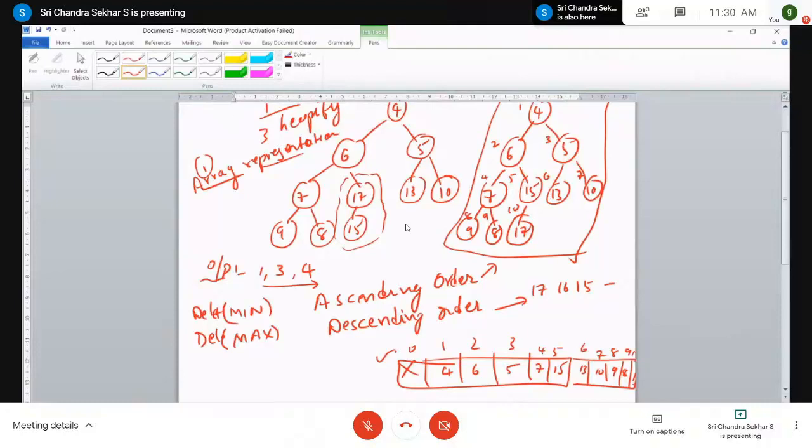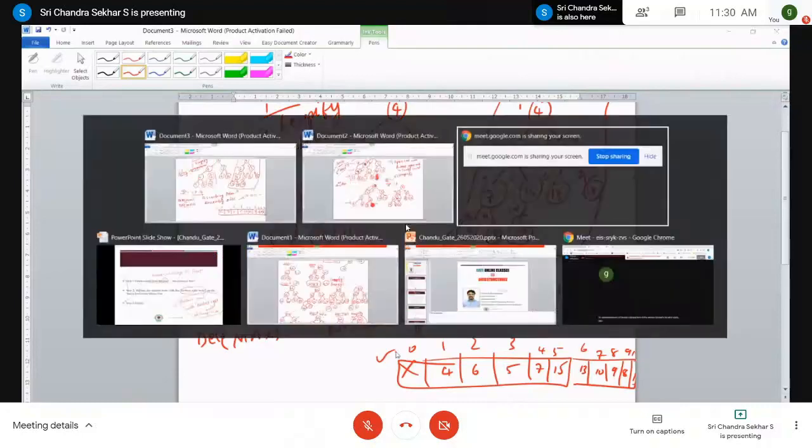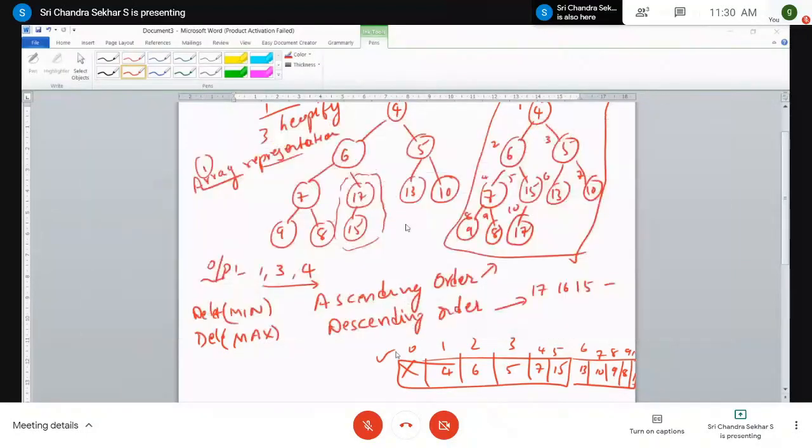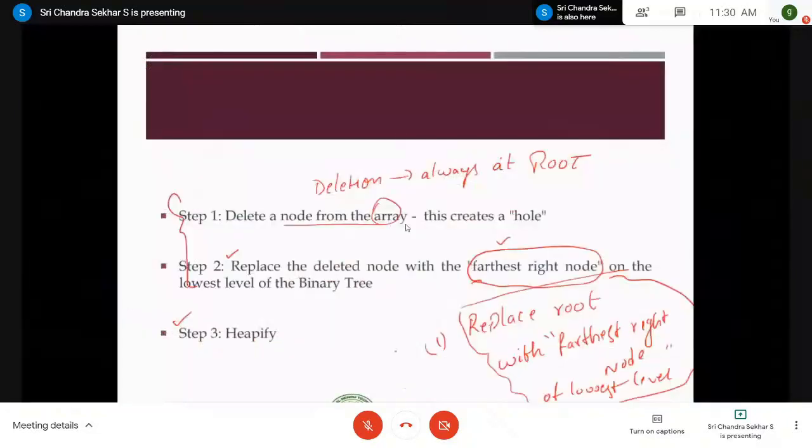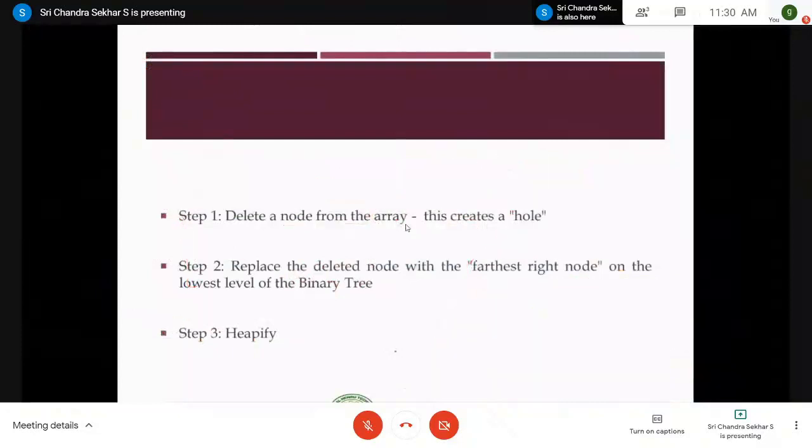So that's all about heaps, a very important concept. Here we have discussed the definition of heap and the different types of heaps, and we have gone through two different examples, how to construct the max heap and how to construct the min heap. After that we have gone through the important concept of inserting elements into the heap and how to delete an element from the heap.